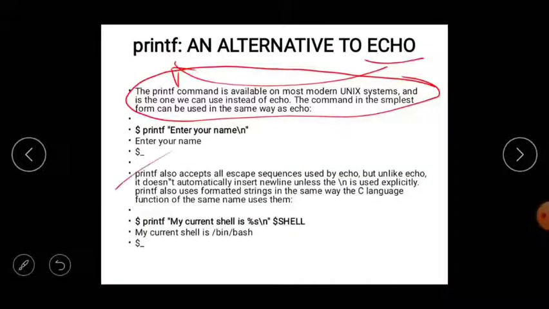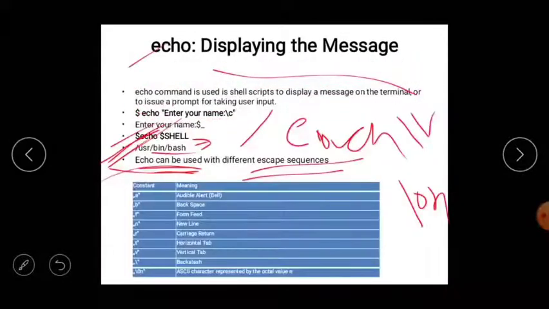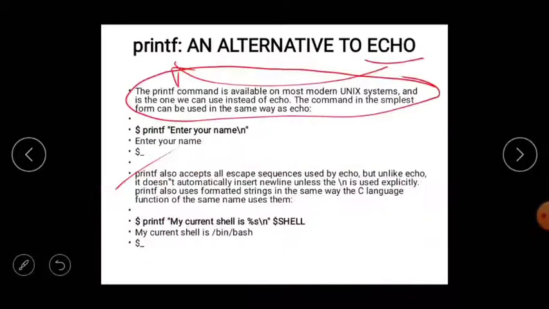Okay, printf also accepts all the escape sequences used by echo. These are the escape sequences also accepted by our printf command. But unlike echo, it does not automatically insert a new line unless backslash n is used explicitly.